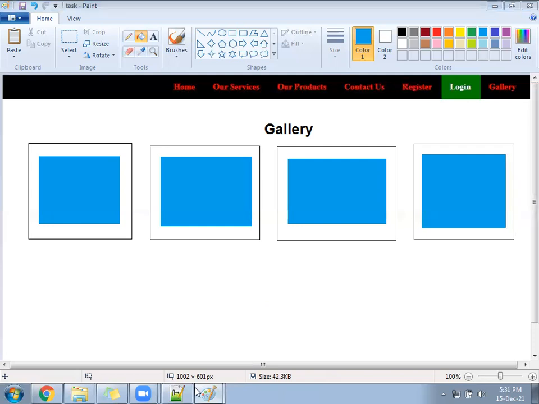Okay, Sina is done. Can you send me the code, please? CSS code separate and HTML code separate. Okay, HTML block also, please.